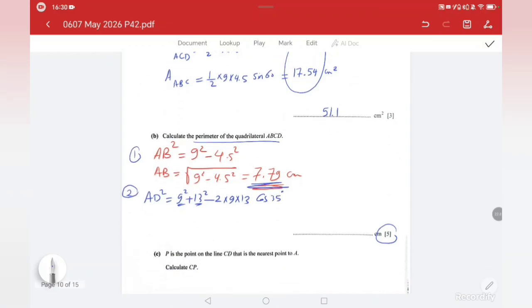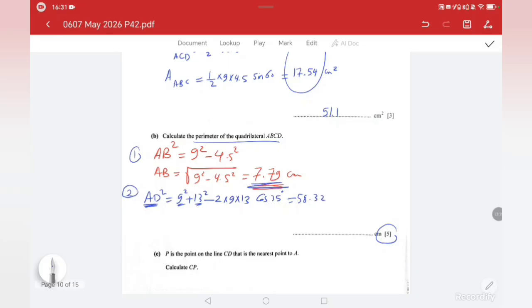I'm saying this in this way to make it easy for you to not think which one will be A, which one will be C, which one will be B, like A squared plus B squared. You can just look at the triangle without memorizing. You take the two sides and the angle between them. What's outside here is the one we need to find. So AD squared equals 9 squared plus 13 squared minus 2 times 9 times 13 cosine 35. So this one gives me